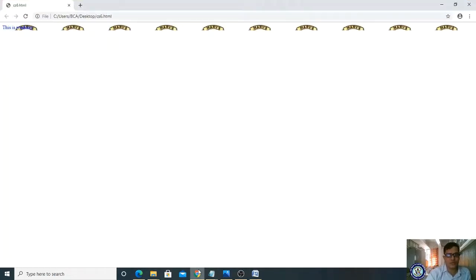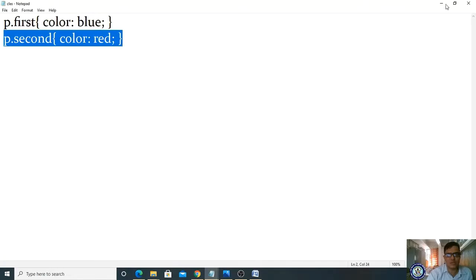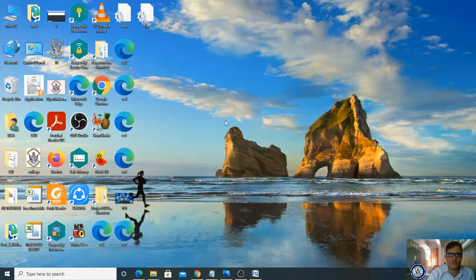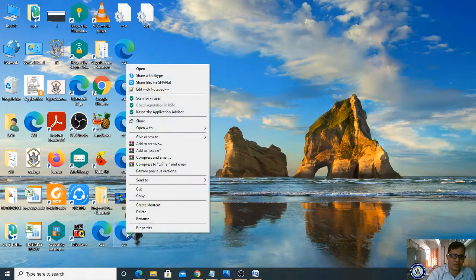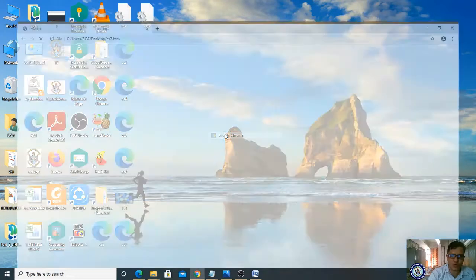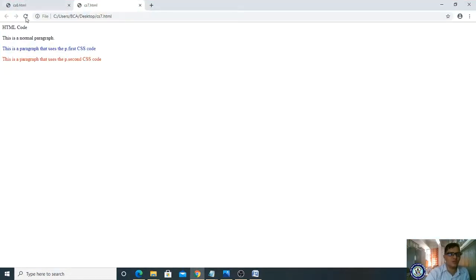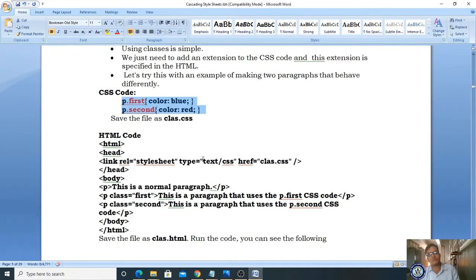So if I try to run this cs7 file, right? Let me open the cs7 file. It is on the desktop. I'm opening it with your Google Chrome browser. So whenever I run it, I'm giving multiple styles by specifying this class concept. Okay, so you're using the class concept, right? If you're using class codes, then you have to call them through external style sheets.